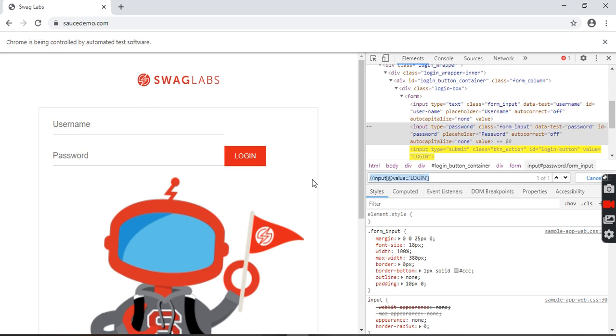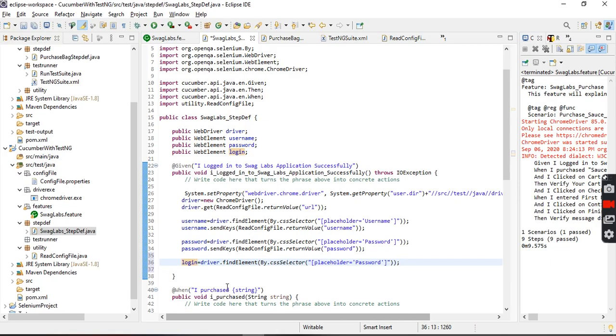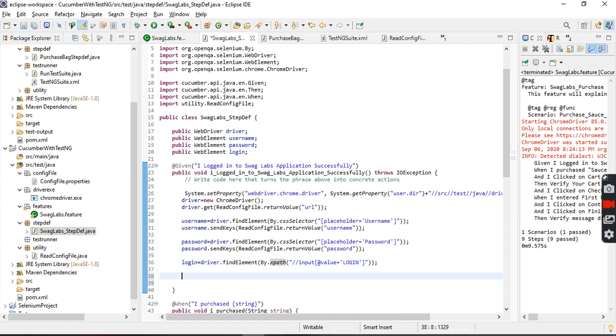Okay, so for XPath everything, just go through my previous video, I explained it neatly. Okay, and login dot click.